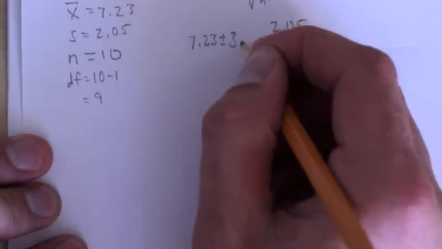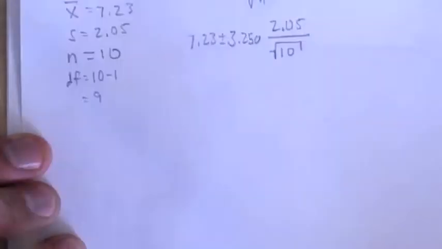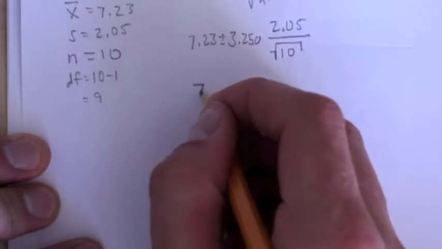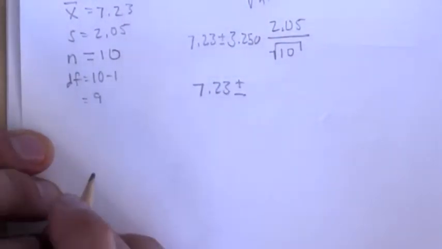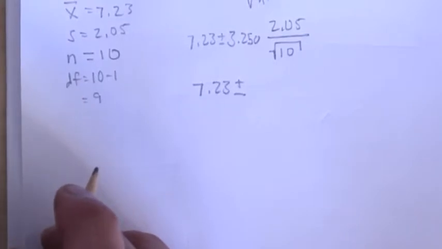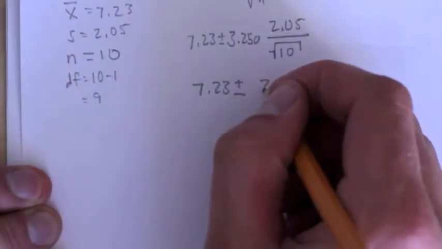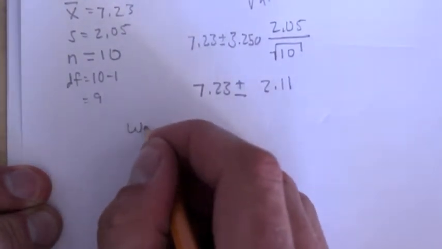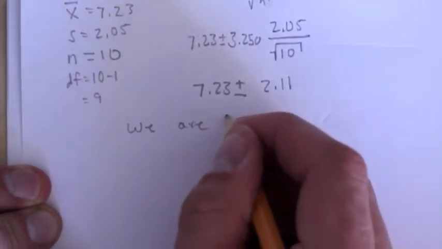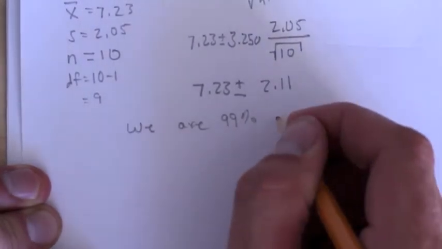So at 3.250, we'll plug that in, and we should get, and double check this, 7.23 plus or minus 2.11, which would tell us that we are 99% confident